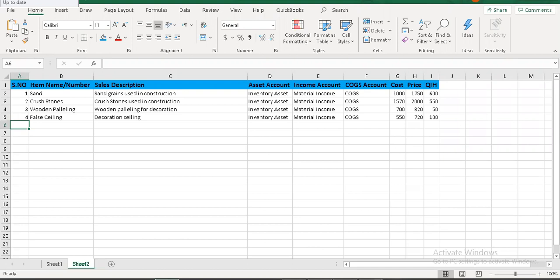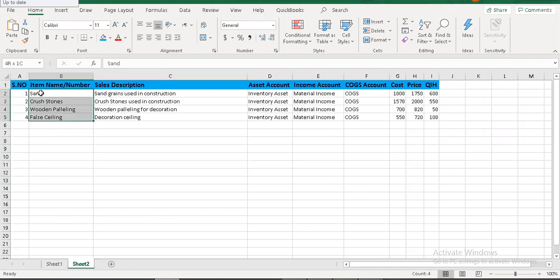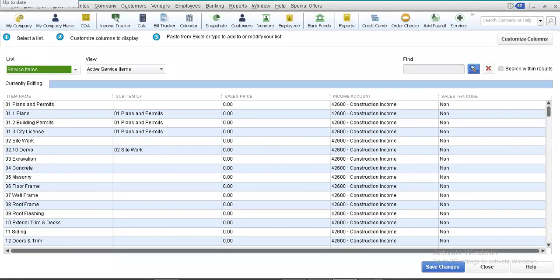All right. And if you do not want to disturb the interface of QuickBooks, then carefully select each column, copy it from Excel, and paste it under the same column heading within QuickBooks. So let us begin. First of all, let us see our QuickBooks interface. We are not interested in the sub item. However, we are interested in sale price, the income account, and the sales tax code. Yes, this is also something of our interest.